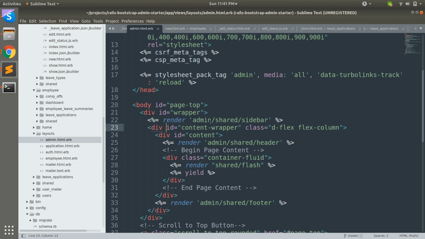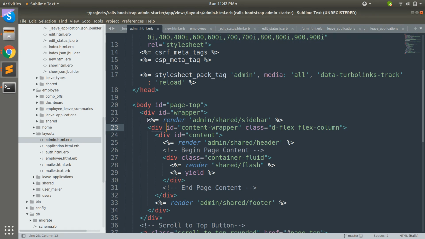I'm showing this layout for the admin template, the admin backend. In the admin, I integrated a theme where I need a sidebar, a header, some flash messages for every action, and a footer template as well.